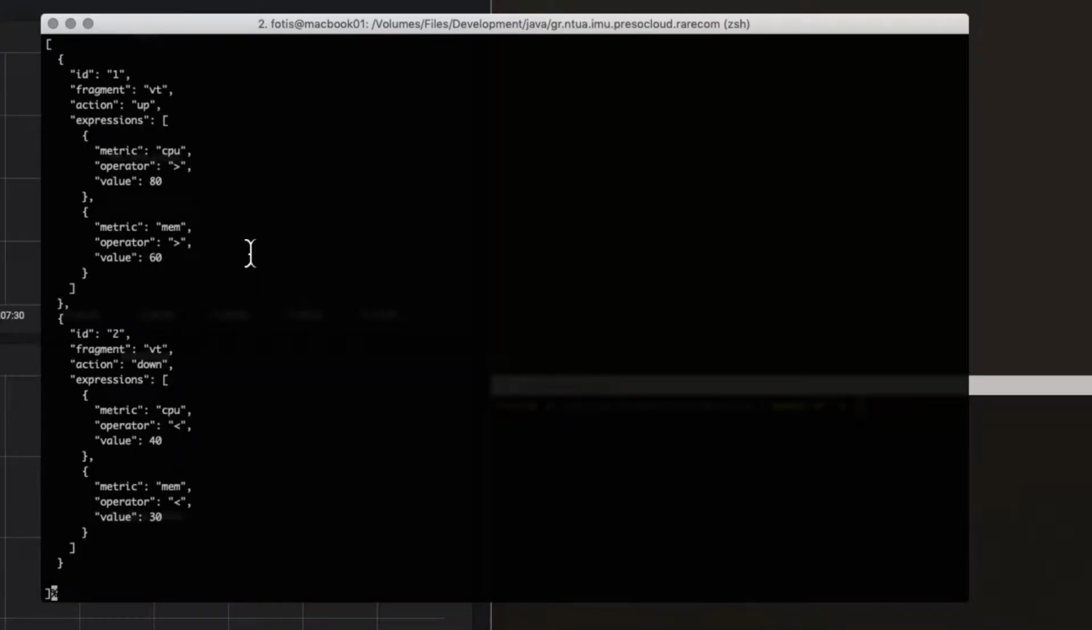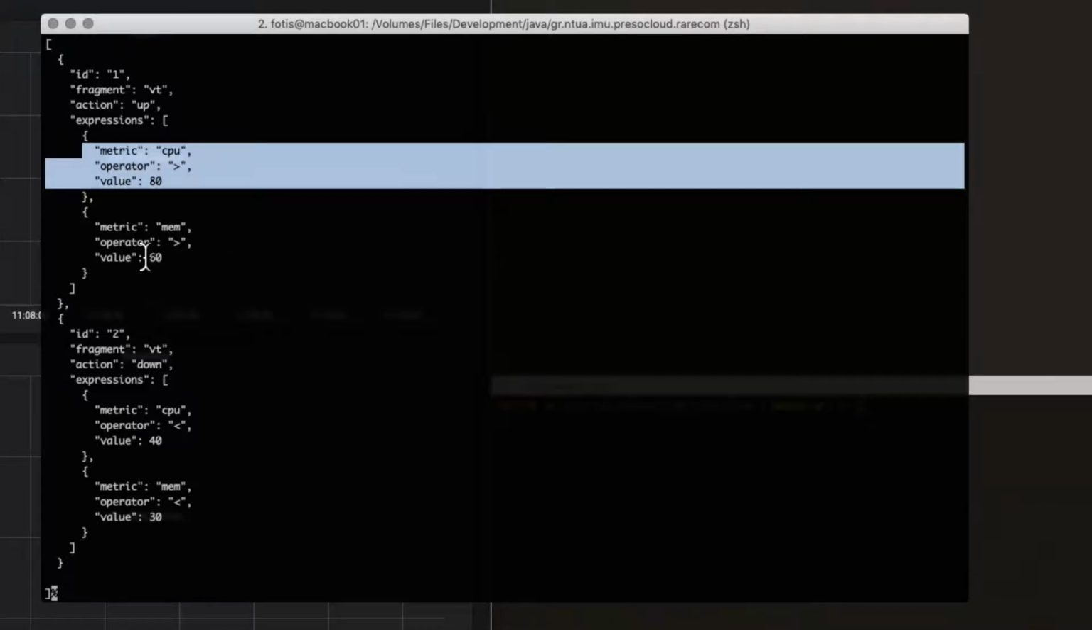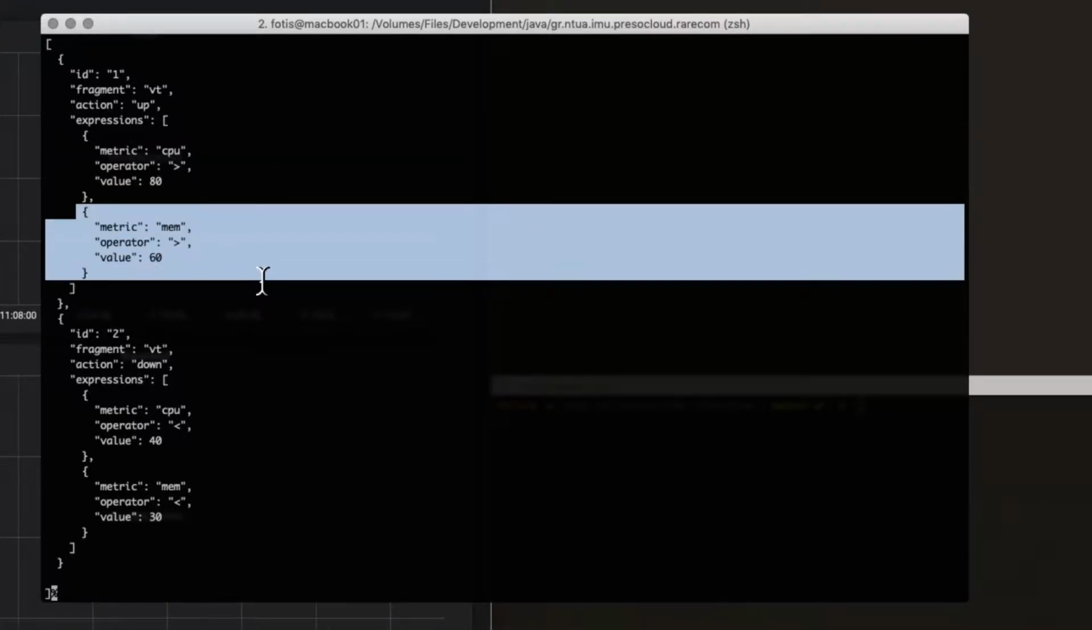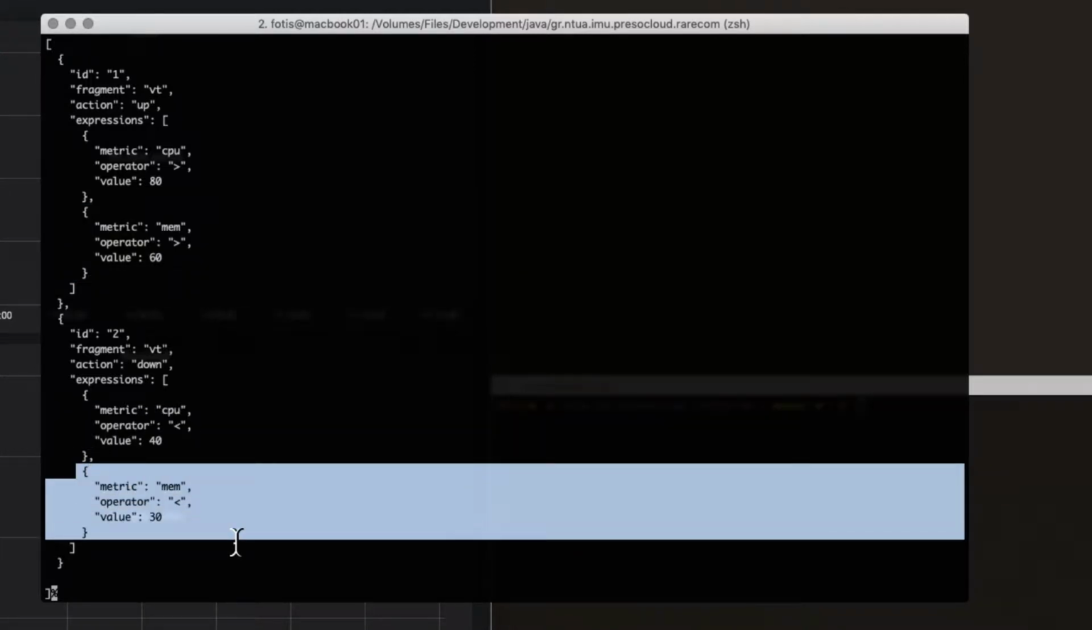Initially, this is our UI configuration. This is done in user space, so this is something that the DevOps or sysadmin will provide. We have two rules which are simple enough. The first just says if the CPU is greater than 80% and the memory is greater than 60%, then perform a scale out, which means increase the instances. And if we have the CPU less than 40% and the memory less than 30%, then scale down, which means